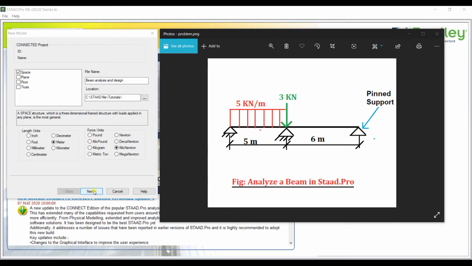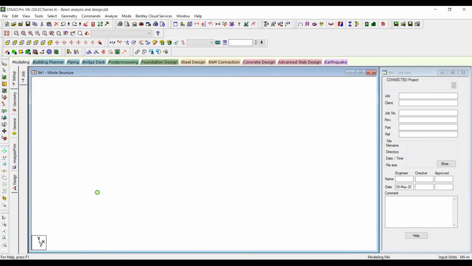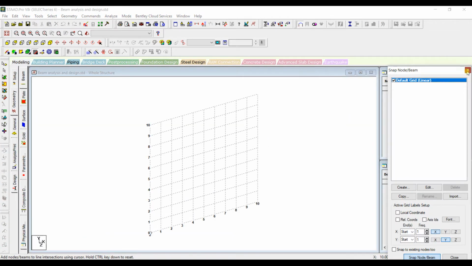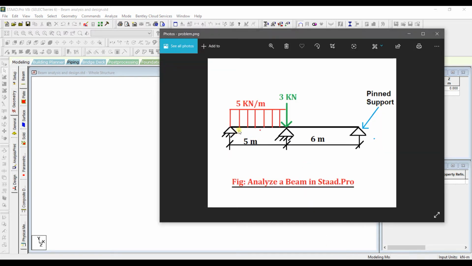Let's create a new project. Click on next, click on finish. Let's create an origin node here. This beam has 3 supports and an overall length of 6 plus 5, that is 11 meter.